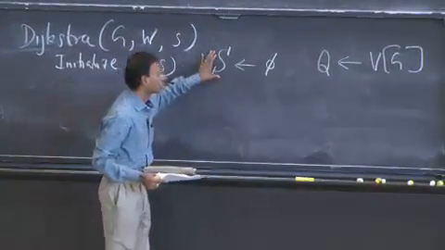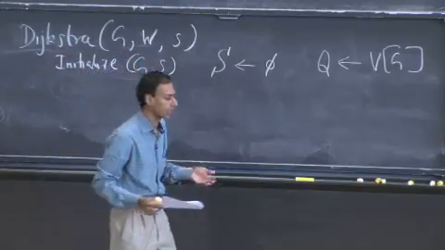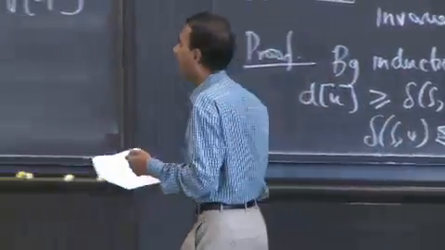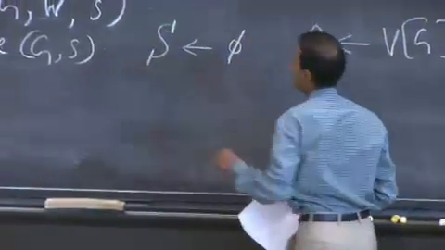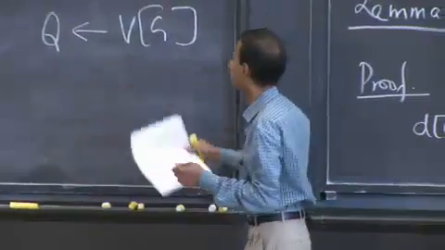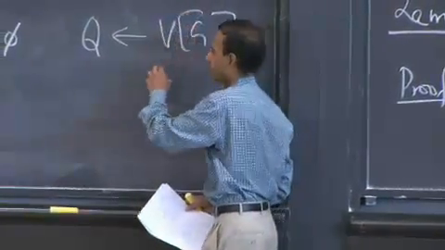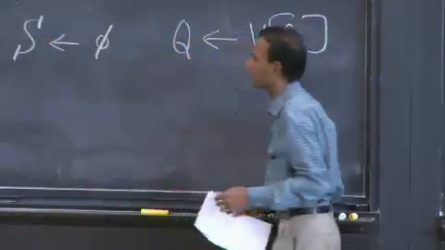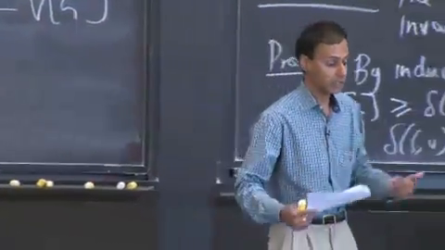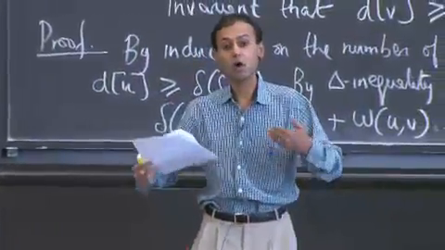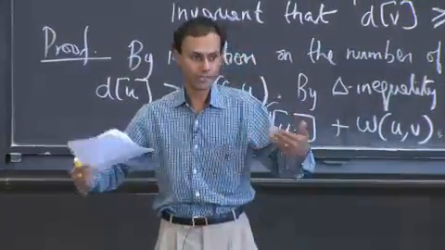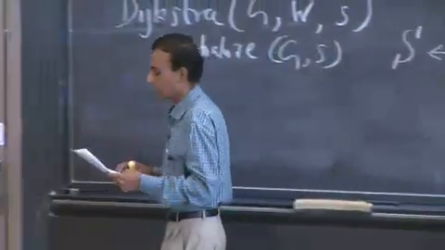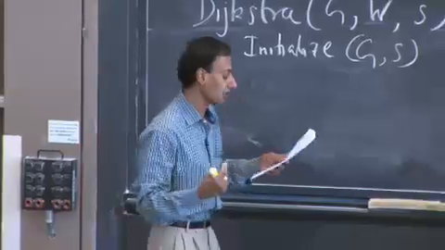And all this means is that initially we haven't done any processing, and we don't know the shortest paths to any vertex, because this set of vertices is null, and Q is the set of vertices that need to be processed. And as we start processing vertices from Q, we're going to move them to capital S, and they're going to contain the set of vertices that we know the shortest paths to already. And that's the invariant in this algorithm. S is going to contain the set of vertices that we know the shortest paths to.